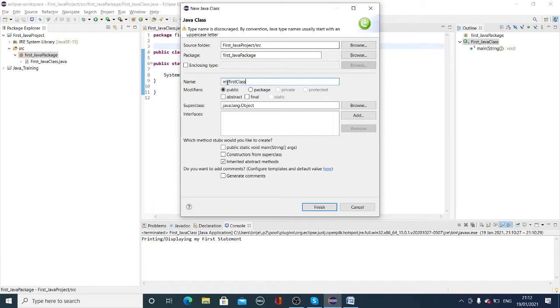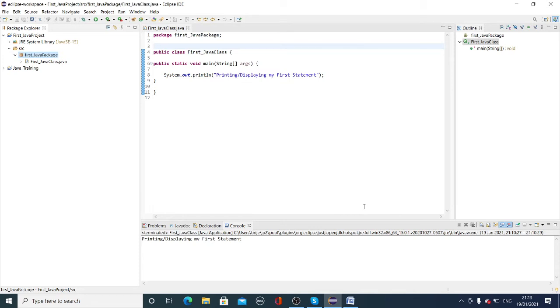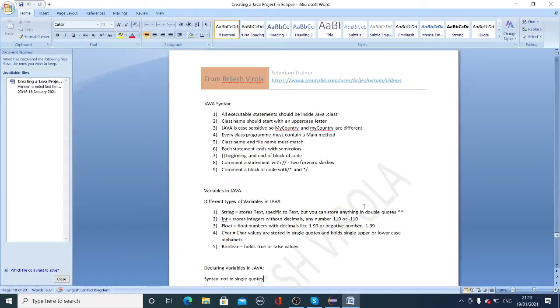Here you can see, when I created my first class, it says type name is discouraged. By convention, Java type names usually start with an uppercase letter. So the class name should start with an uppercase letter, and you should not have lowercase.